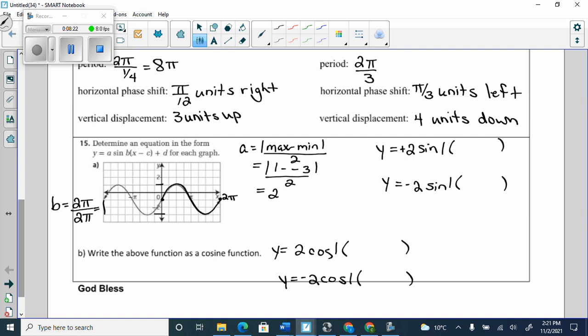Okay, D, midline. Where does that bad boy happen at? -1. We can either count down the amplitude and count up the amplitude, which is 2 and 2, and they meet at y equals -1. Or we can use the formula. D is max plus min divided by 2 because it's the average. So it's 1 plus -3 divided by 2, which is -2 divided by 2, which is